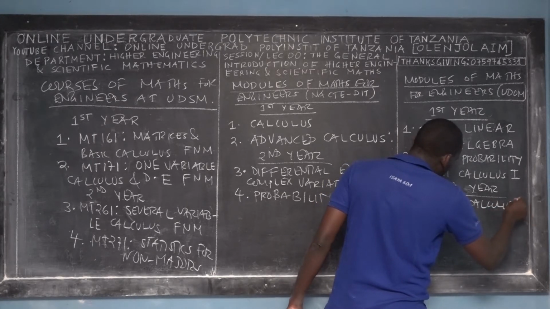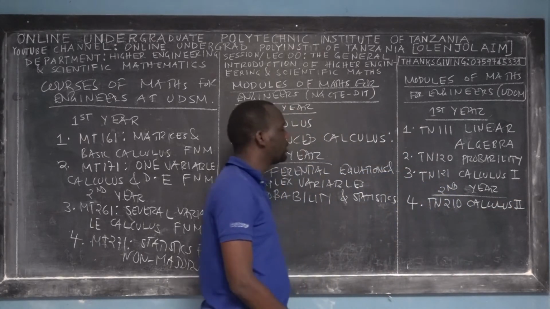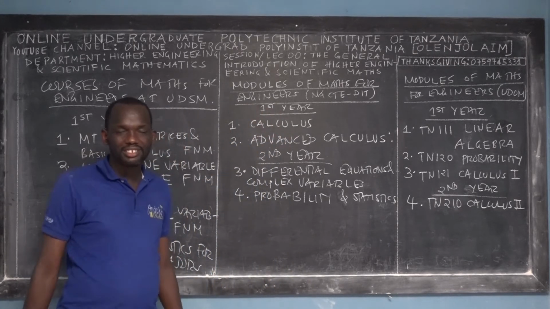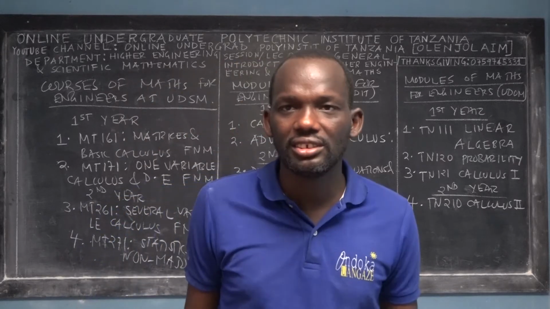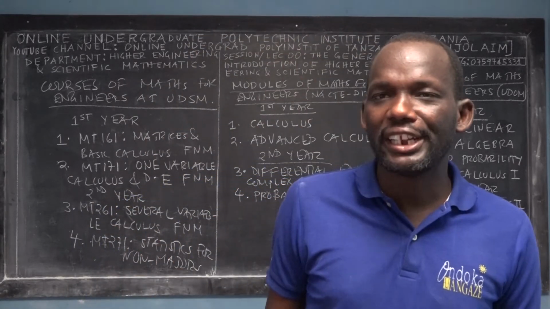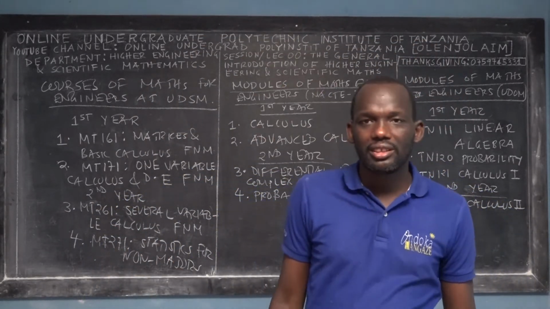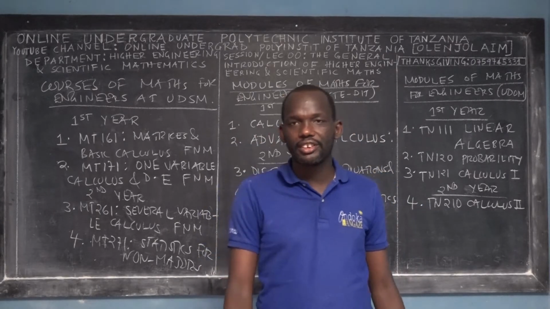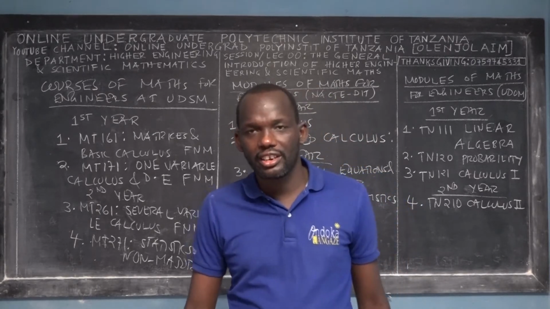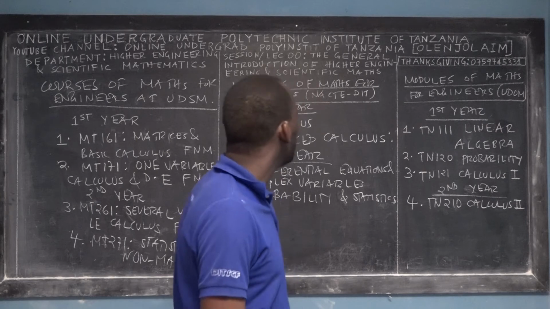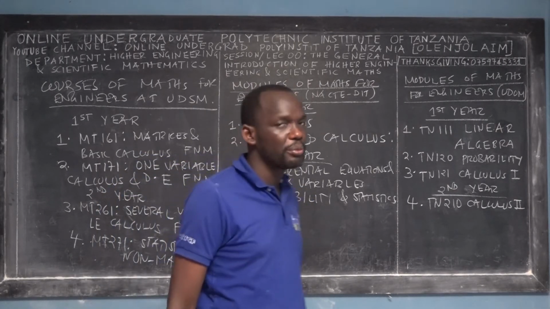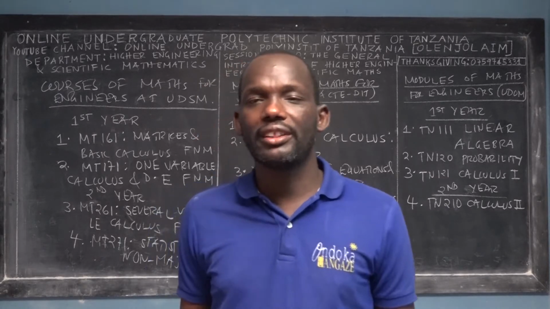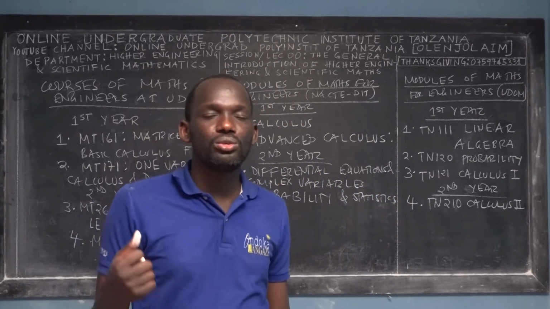In some institutions or colleges, they call their modules Engineering Mathematics 1, Engineering Mathematics 2, Advanced Engineering Mathematics. So don't get confused about the names of the modules. Just know the contents that you have to cover, and that's why I tell you that. So it means that in this online undergraduate Polytechnic Institute of Tanzania, I'm going to teach you